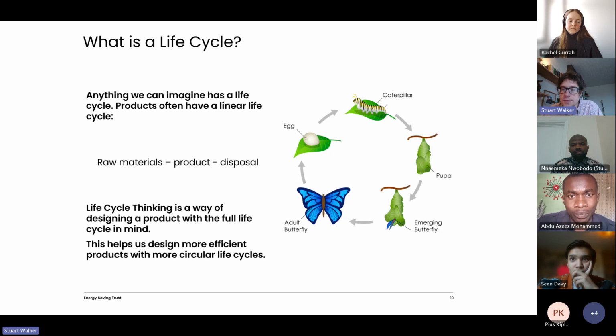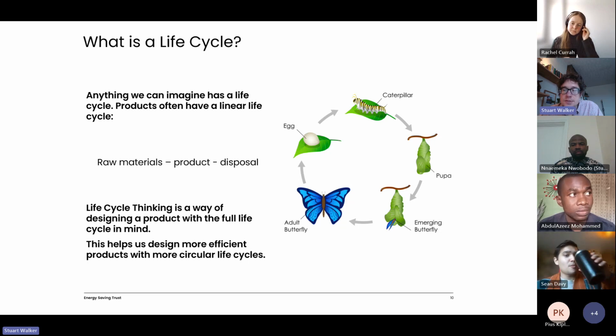If they're very hard to get apart, then it means that product maybe can't be recycled as effectively as it could be. Or if we make a product with a replaceable part, like a filter that's going to need replacing in time, if we bury that filter right down in the middle of the product where it's really hard to get at, then we're not really incorporating life cycle thinking there, because we're making it very difficult for the later stages of the life cycle to occur. So it's about thinking about all the stages as early as we can. That's the principle of life cycle thinking.